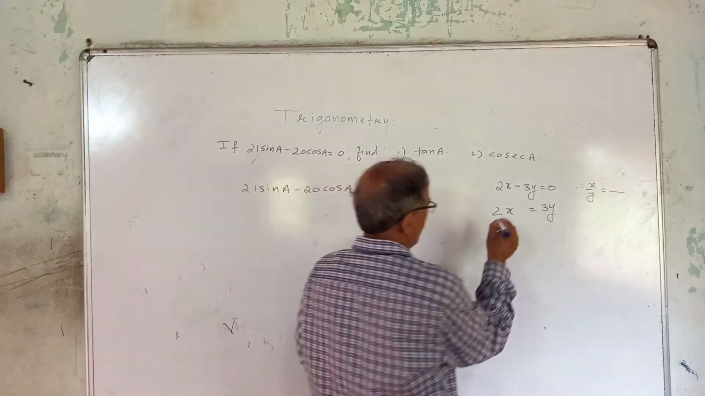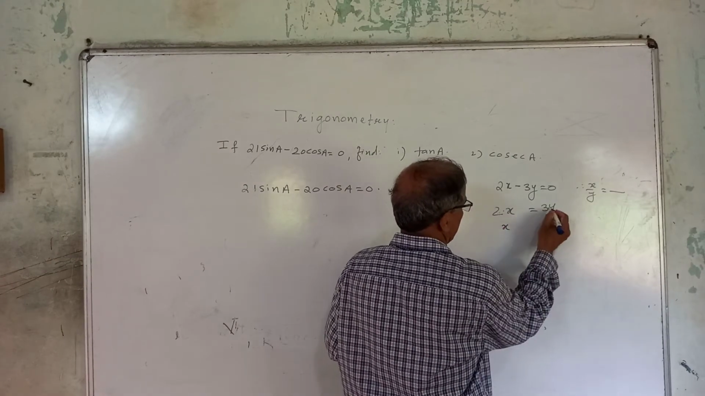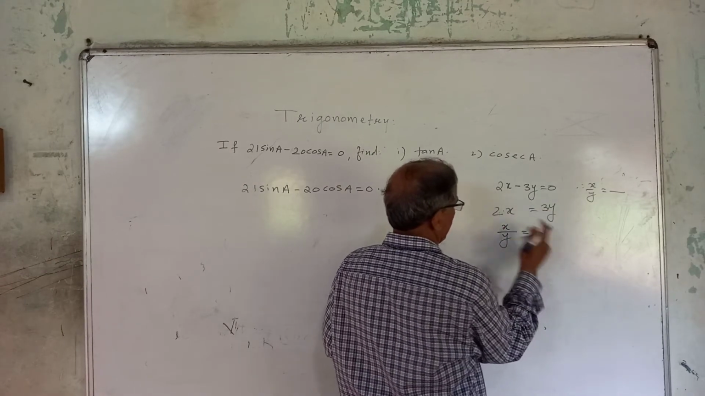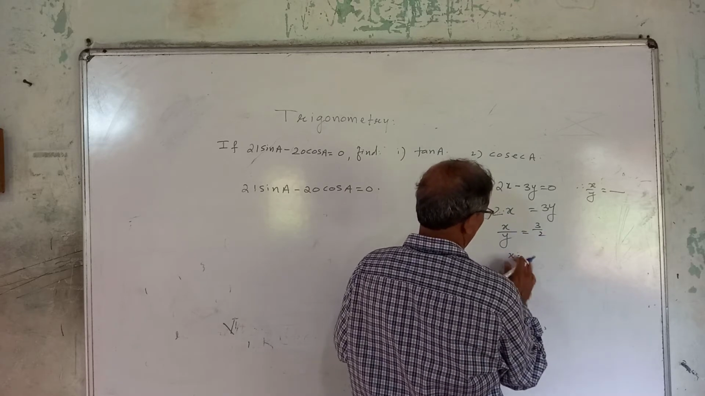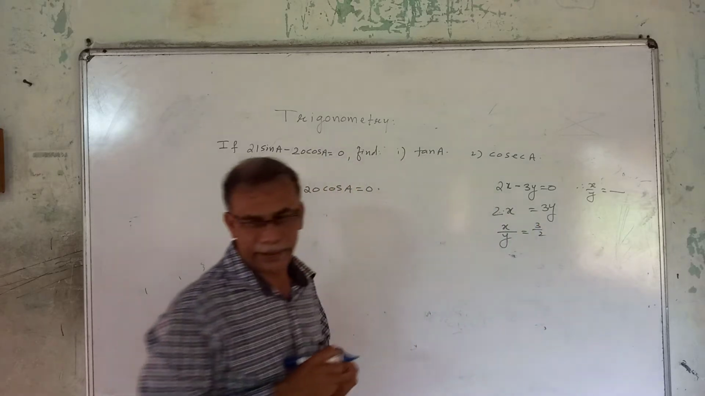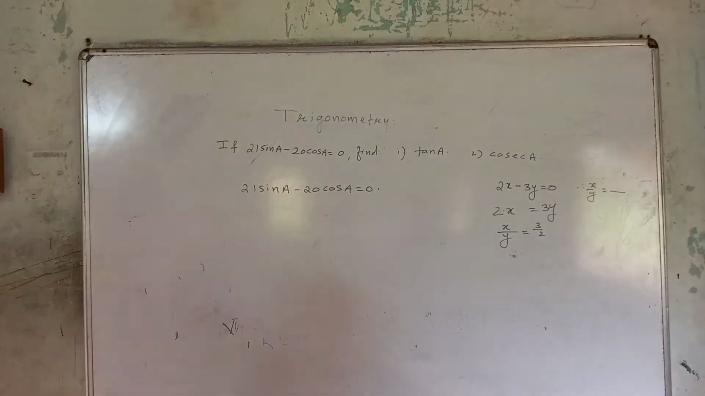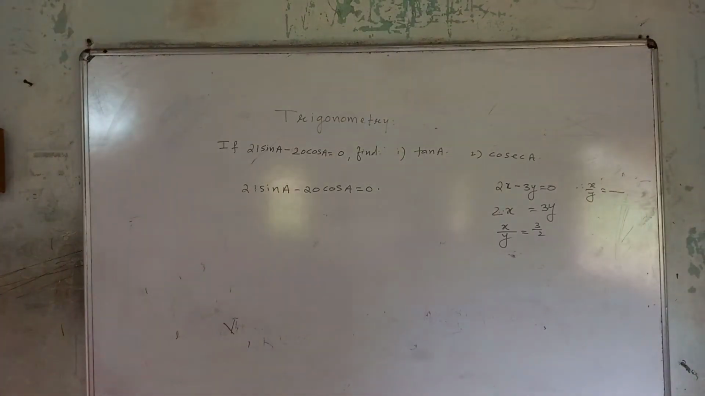Now you can find x upon y. Now see, here this into will be upon y here. Naturally the number goes to the right hand side, 3 by 2. And therefore x is okay. So this is the x by y ratio. Now similarly, to find the ratio here,